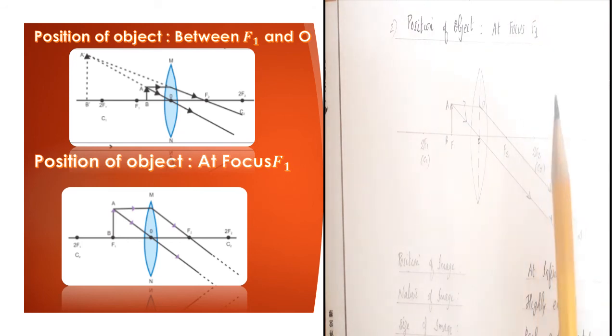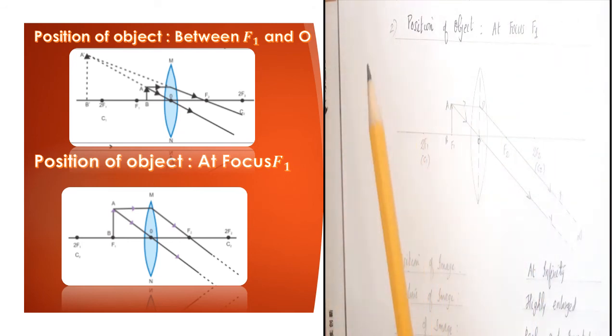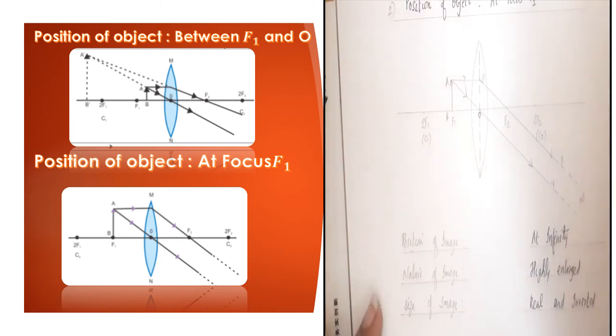So in the first ray diagram, we got an image on the left side, that is on the same side of the lens behind the object. So such an image will be virtual in the case of a lens. Whereas in the second ray diagram, the image is formed on the right side at a very far off distance. So that image is real and inverted.